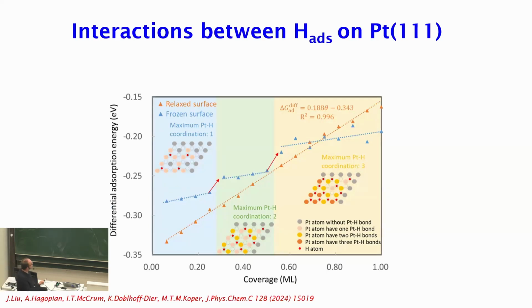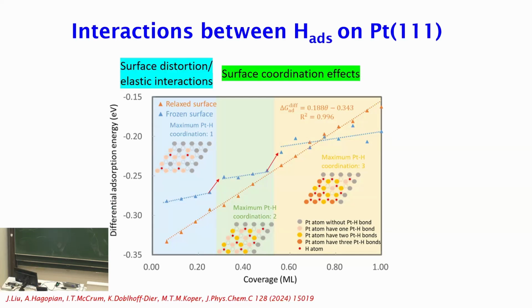And then we calculated this for a fully relaxed surface and for a surface where the platinums were frozen in their positions that they had before the hydrogen was adsorbing. And you can nicely see that the interactions are different. You can also see that there are jumps in comparison to the fully relaxed surface. And basically our conclusion was that at relatively low